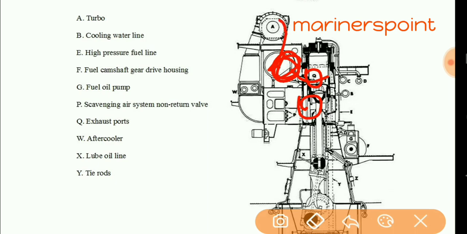After the exhaust manifold it will go to the turbocharger, and in the turbocharger the air will be compressed and come into the intercooler, or we can say aftercooler, and after that it will come up to the scavenge manifold, and after that it will go into the combustion chamber. Okay, exhaust will go into the exhaust manifold.